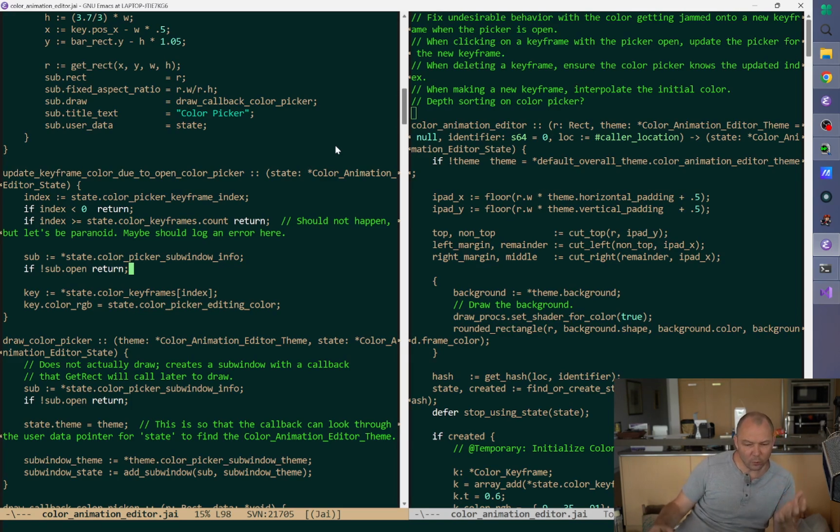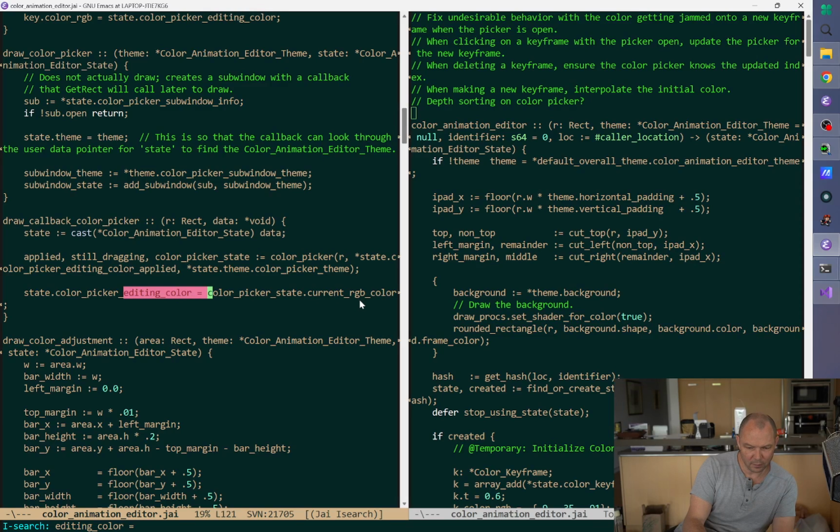All we do is put editing color into color picker keyframe index. Okay. So what happens is,